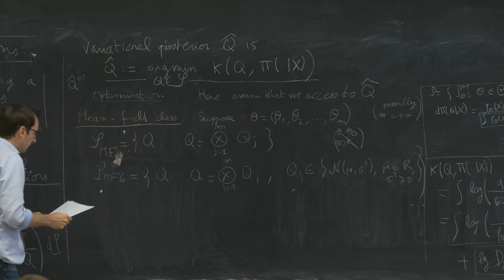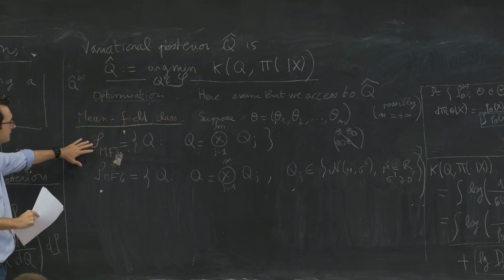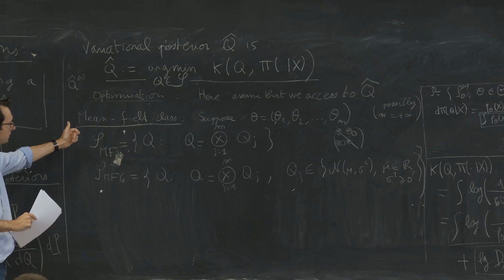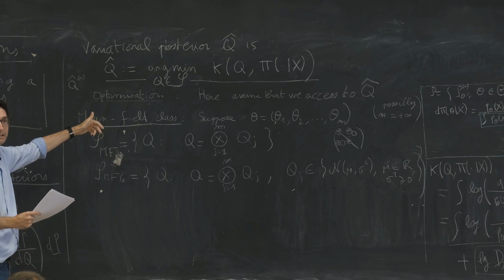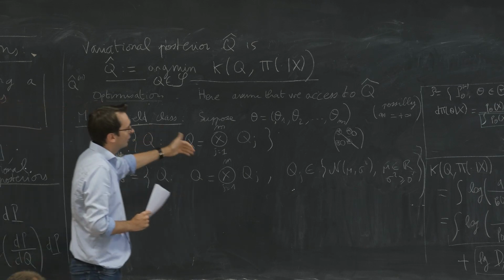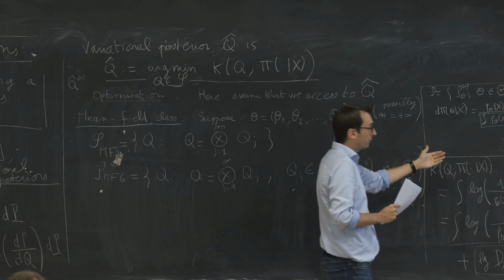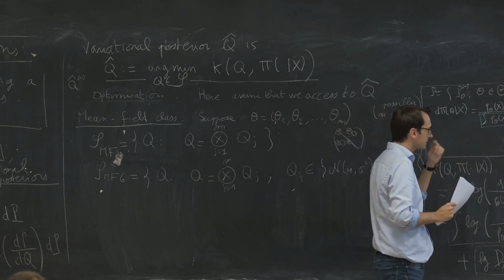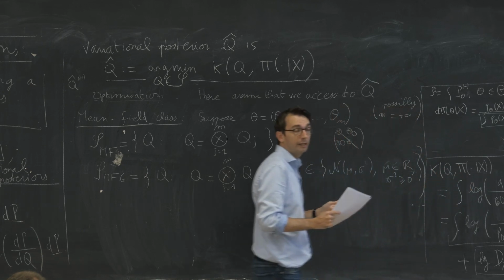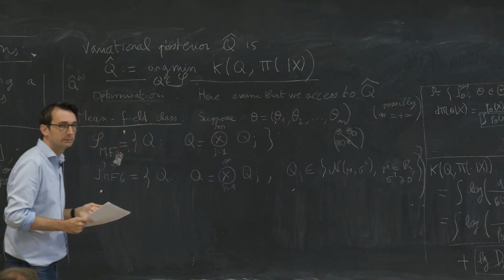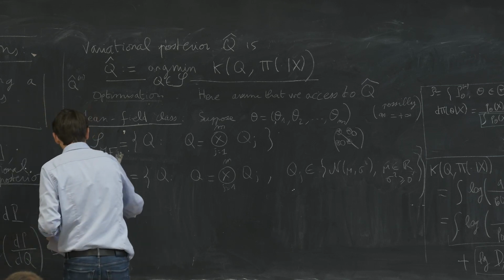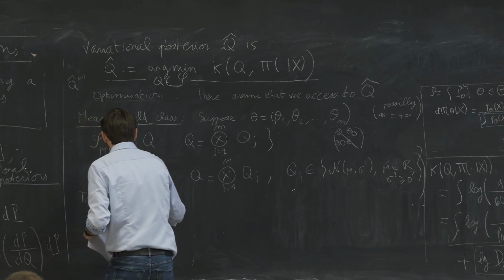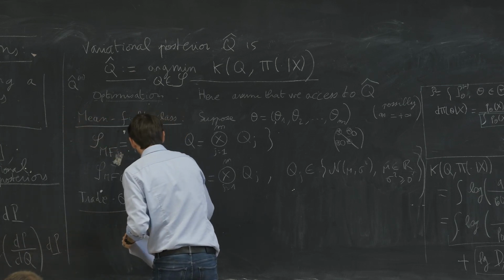Okay, and there are extreme cases. So here you could say, let me take the class of all distributions, for instance. It looks good, and of course the posterior belongs to it. But to go back to the earlier question, you have a problem of complexity, because if your class is too complex, you will end up with no computational gain. So there is a trade-off between the computational